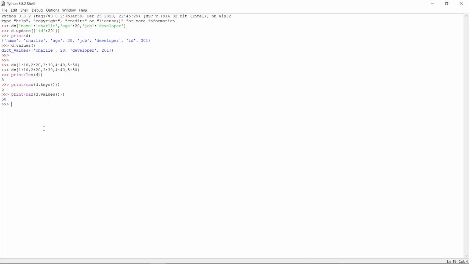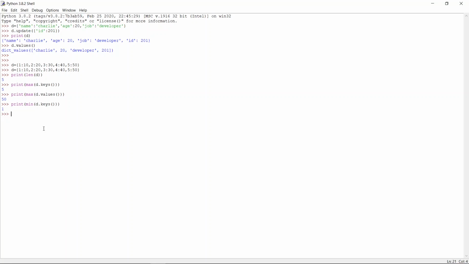Okay, let's see what is next. The next one is min. As well as min, you can use keys and values. So I'm printing only. Here the minimum is 1, right? So the minimum key is 1. So let's see what is next.